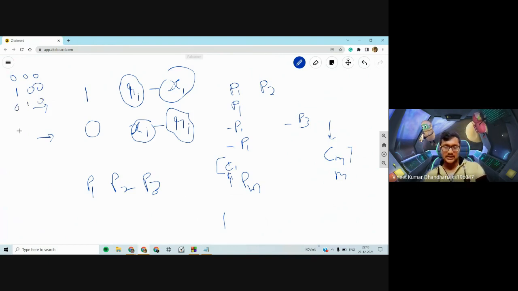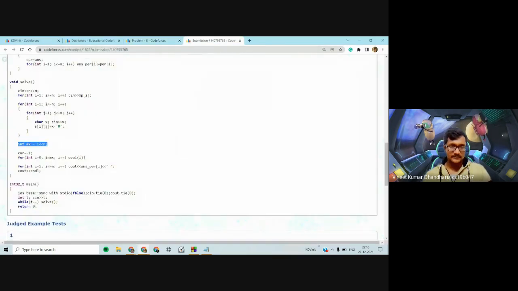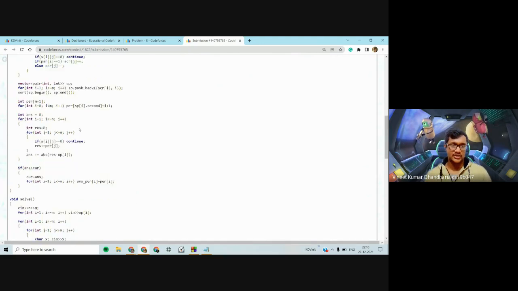We can write down all the 8 things. So we just iterate over them and evaluate the score for each, and if it's greater than our current answer, we make that particular permutation our answer, and in the end we print the answer permutation.